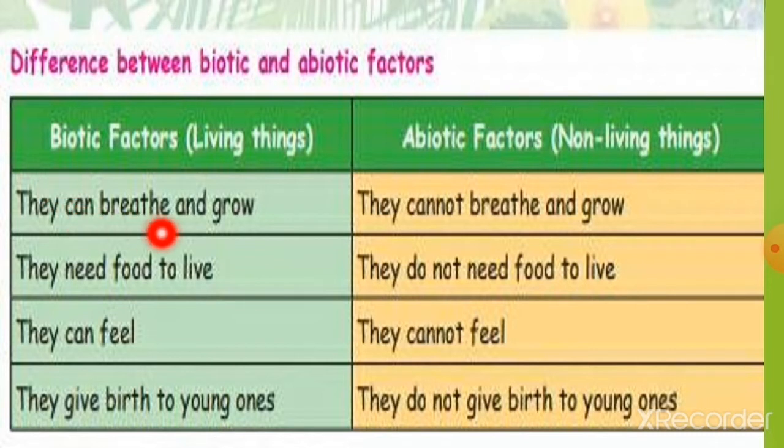Human can breathe and grow. Biotic factor needs food to live. For example, human needs food to live. Biotic factor can feel. So human can feel. Human can give birth to young ones.